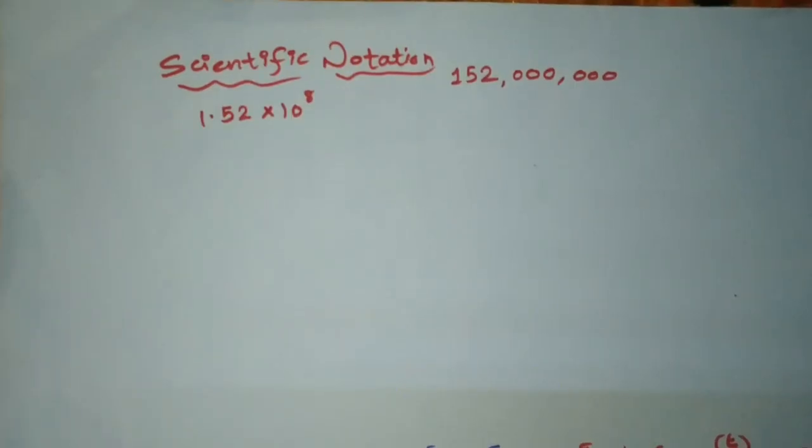Friends, now we'll see scientific notation. Just imagine that when we are dealing with larger numbers, it is very hard to deal with them. Like we are discussing the width of the Milky Way galaxy from one edge to another, or the maximum distance of Earth from the sun. These numbers are very, very large to handle, so we have scientific notation.